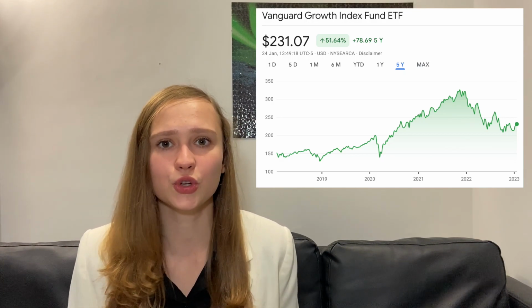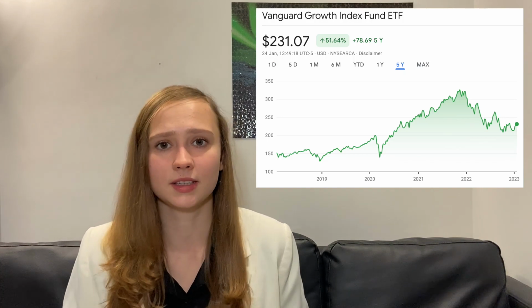Also, there is a common misconception that all ETFs are very safe and secure and nothing can happen to them. Of course, it does depend on the ETF. The S&P 500 would be quite safe because it's large cap companies in the US, so quite a developed market. But there are some others, for example, the Vanguard Growth ETF, ticker symbol VUG, which is less safe because it consists of growth companies, which means they are highly volatile, much more volatile than large cap companies. They can go up and down, they can even go bankrupt. So it's much less safe if you do want ETFs on a bit of a riskier side.